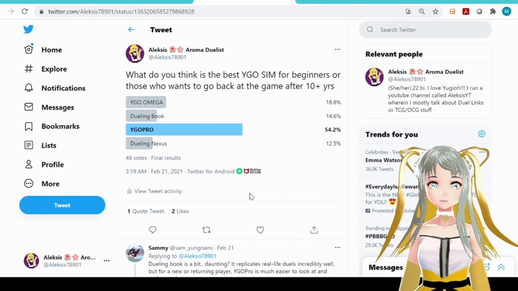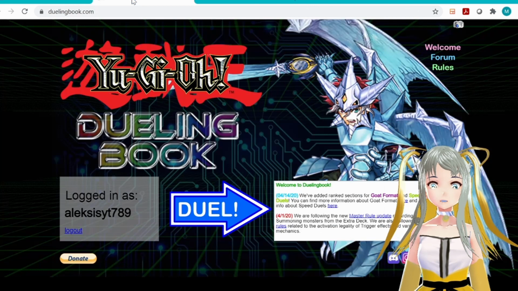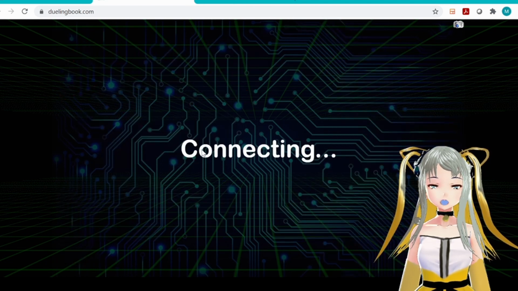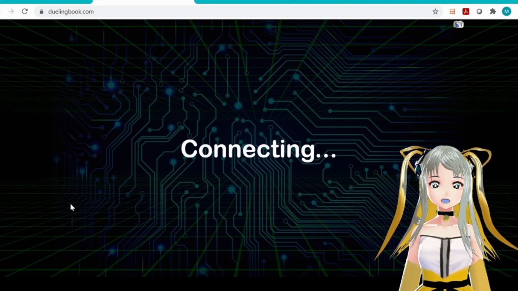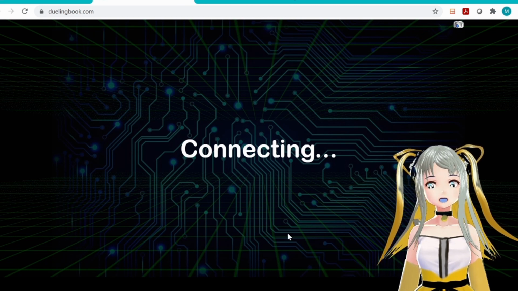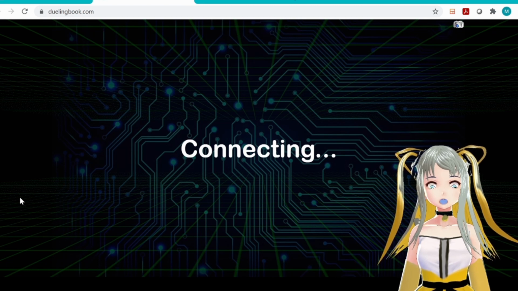Dueling Book, as you can see on my screen, is here. It actually is a fun way to duel, and it updates a lot, which is very good. Look here, the one on the screen shows that they added rank sections for gold format and speed duels. That happened last year. Until now, the administrators of Dueling Book are actually creating things to make sure that the game